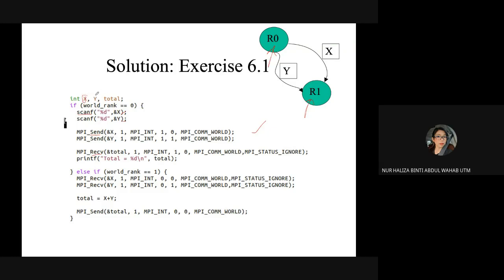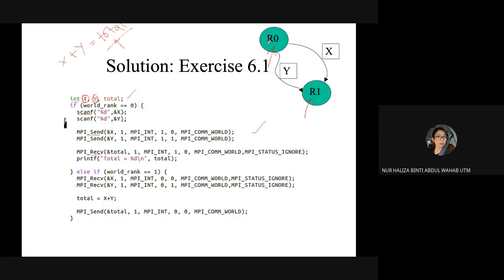So this is the value of your integer, X, Y. And of course, when you add these two integer numbers, you're going to have total. So this one should be also declared as int. So you already declare first. And then you need to have several tasks.